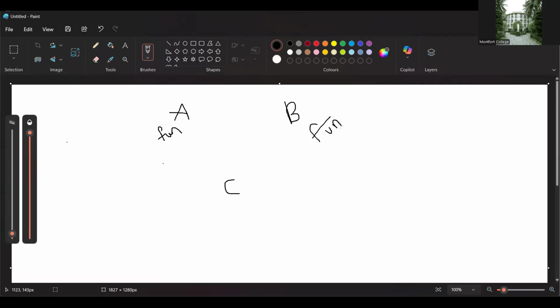What happens generally when we inherit A to C? No problem. This fun method can be inherited to C also. When we inherit B to C, no problem. What we have in B will be inherited to C. Now, if we create an object for C in the main function, and call a